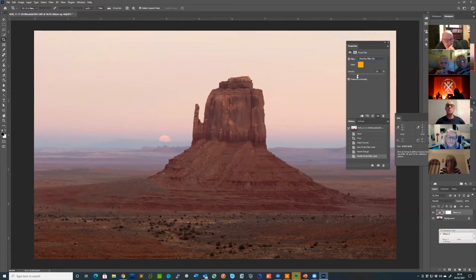And we can increase the effect by increasing the density of that filter. So you can see how it's really warming it up if we do that. Now I know it felt very red at the time, but the sky wasn't as red as that. So what we want to do is to maintain the orange on here, but take it out of some of the rest. And we can do that